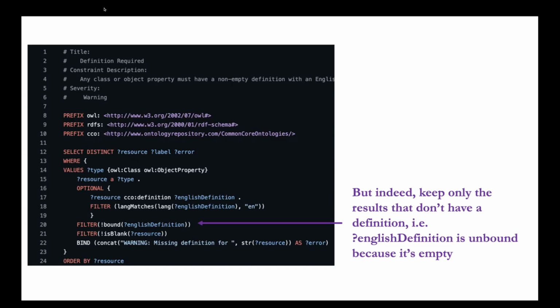I'm glad you said that, because guess what you guys are going to be doing. Before I get there, what's going on here in this last part, right before ORDER BY, the BIND? I am saying, I want you to return something for this error variable. I want you to bind the following: